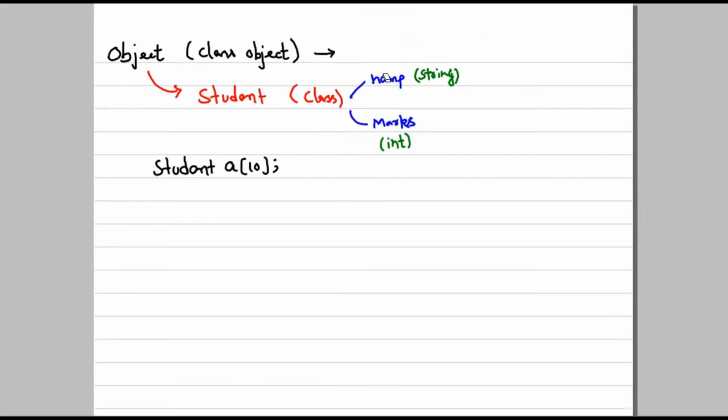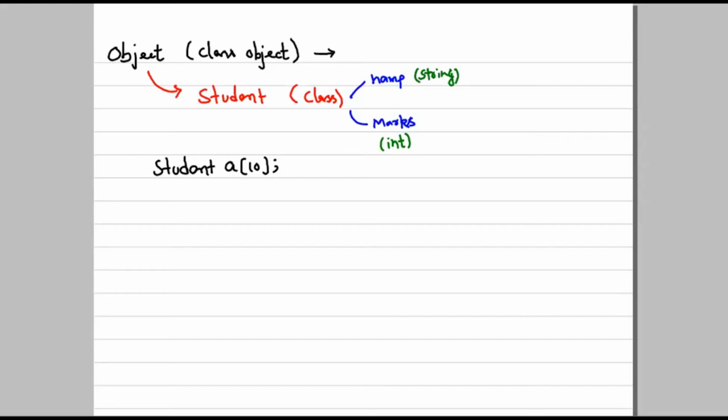As I just discussed, we have taken two variables. The first one is the name, it would be string type. Marks would be integer type. So we can say we have a student class. So this array A10 would be of student type. It means it can store 10 such instances. This is actually a class, but it is saying that this array can store 10 such instances of this type of class. It means it can store 10 objects.